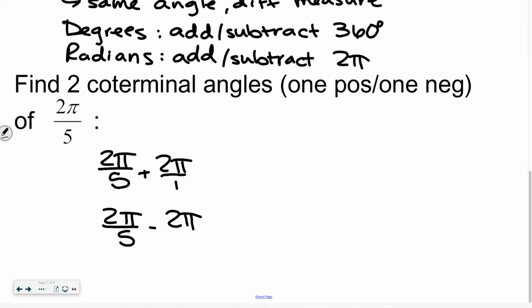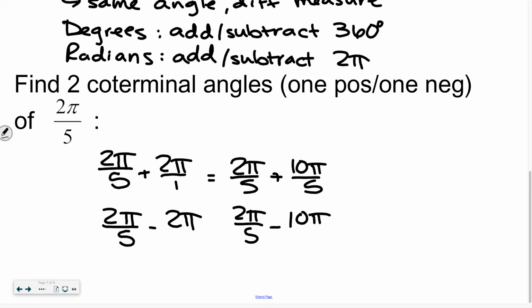So in order for you to be able to add or subtract a full revolution, you need common denominators. So 2 pi is really the same thing as 10 pi over 5. So add 10 pi over 5 and subtract 10 pi over 5. So we'll get 12 pi over 5 and negative 8 pi over